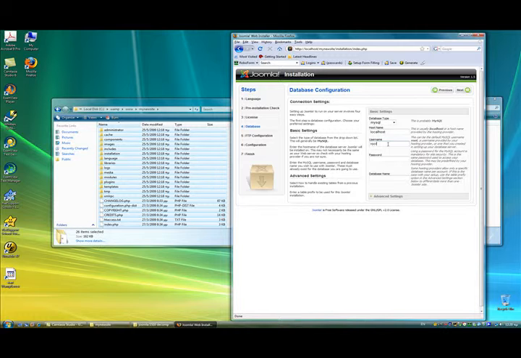The default username installing this from home is root with no password. Again, if you're installing on internet, the host will give you appropriate names and passwords if this is necessary. And you have to select a database name, which for easiness reasons I'm going to use my new site as the name, which is something I strongly recommend: use the same name for your database as your site, so you don't get confused, especially after you have created several such sites. And you press next,